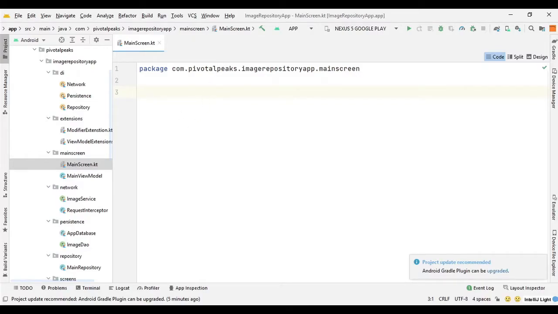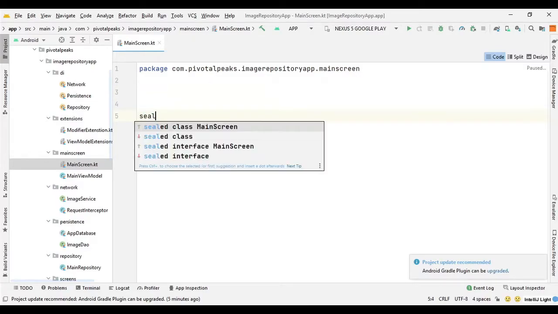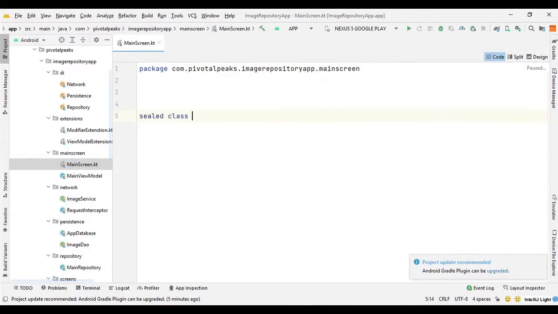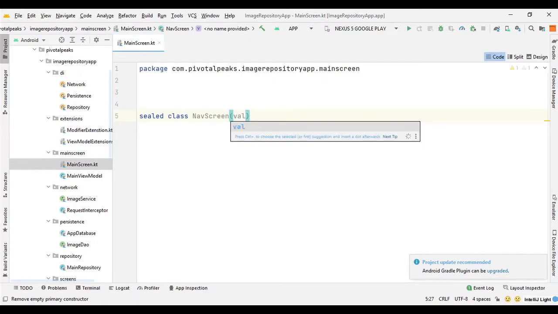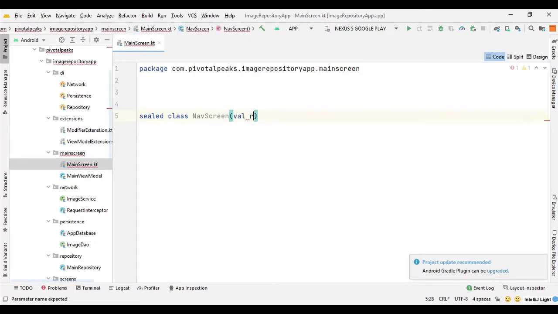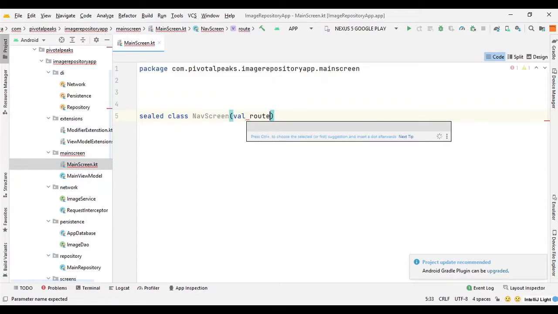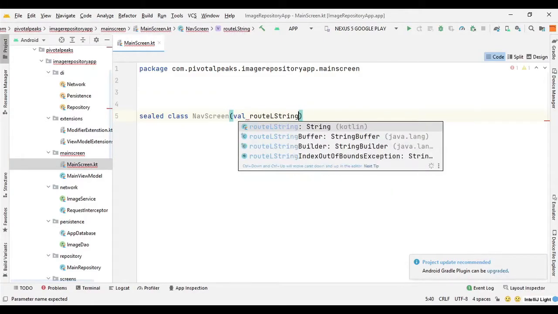So we will say sealed class NavScreen, and we need a parameter for route. So we can say val route of type String.